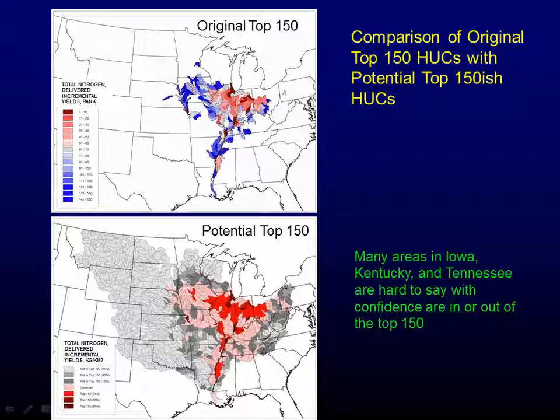But what we came up with was 75% certainty that those points in this pink area were actually in the top 150. So we're able to come up with confidence limits in our SPARROW predictions and confidence limits in our rankings. So from here, now for the state of Wisconsin, they have a few of those sites where they can argue that they can try to get funding to try to reduce those.